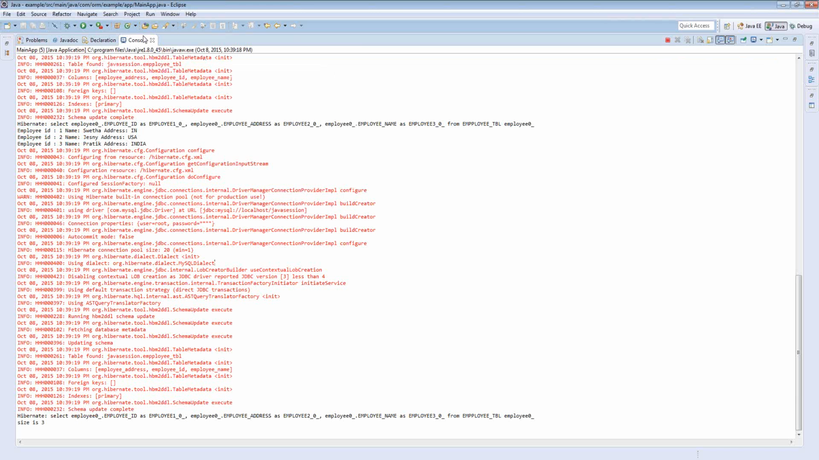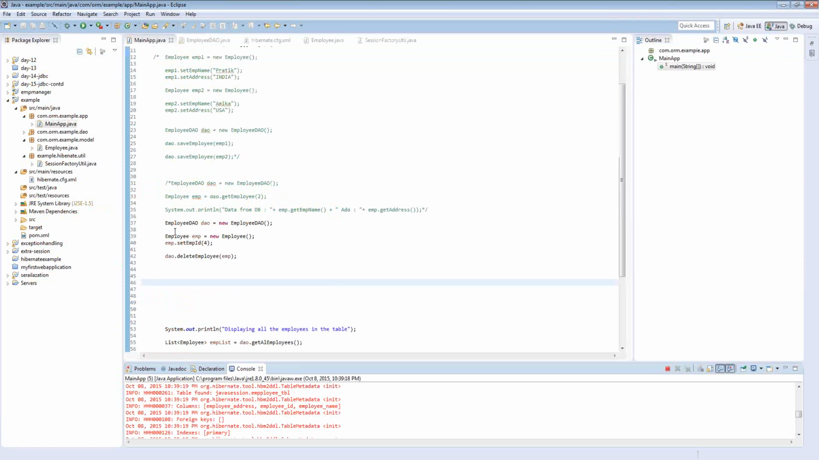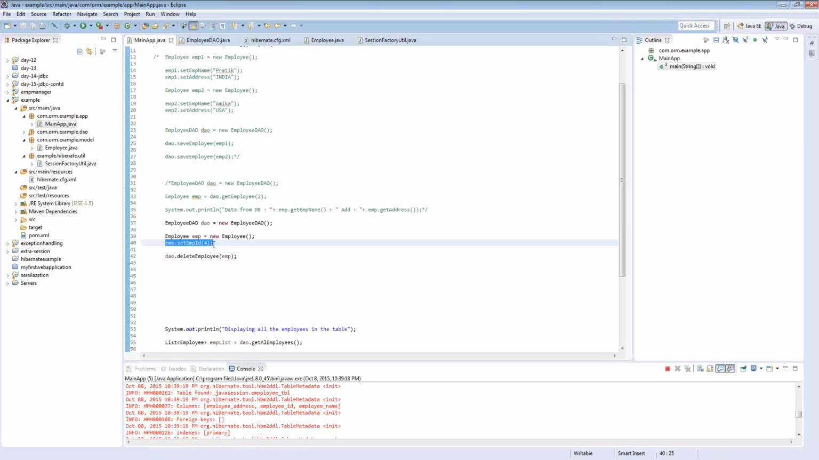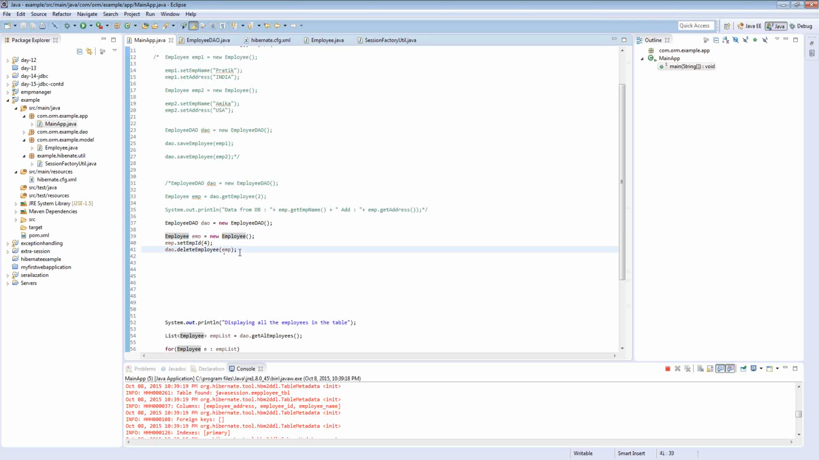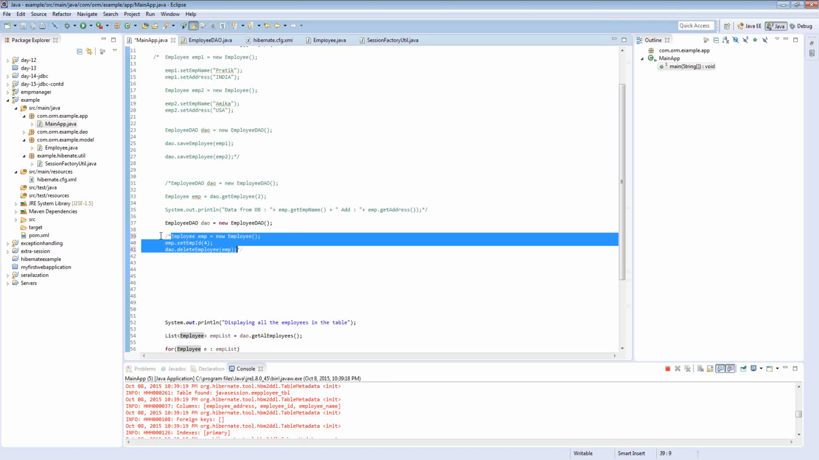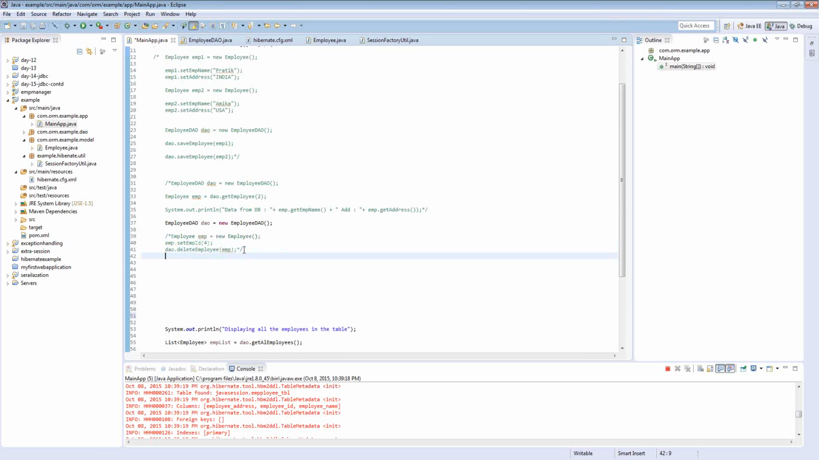So we only need to provide the employee ID, nothing else, no details. To delete, only set the employee ID, and based on that it will delete the particular record. Similarly, you can do other things, like delete in one shot. This is delete by ID, and if you want to delete all, simply you need to write